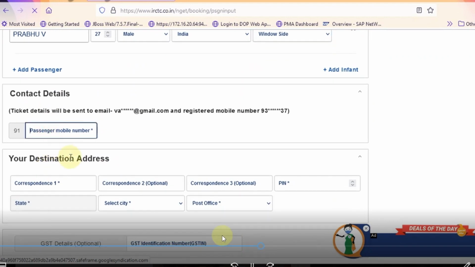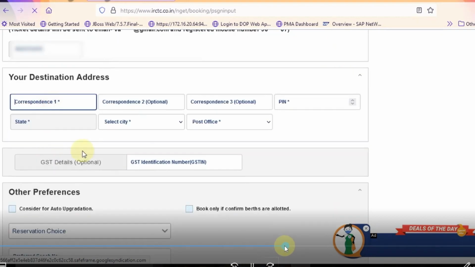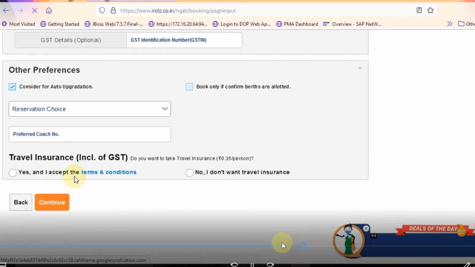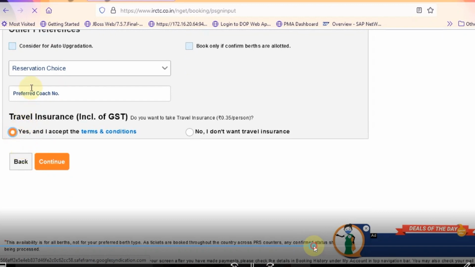And very importantly, the passenger needs to give his mobile number, the 10-digit mobile number, and very importantly the destination address of the passenger needs to be given. After that, any other preferences preferred by the user for considering him for auto upgradation or any other reservation choice, and the preferred coach number, can be got from the user, and we can enter the same here. Once after confirming all such things, we can click on yes, accept the terms and conditions, and click